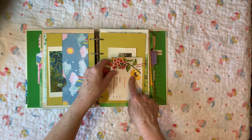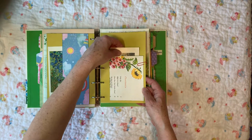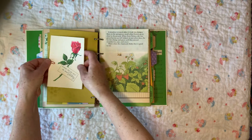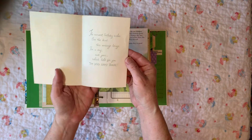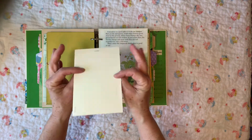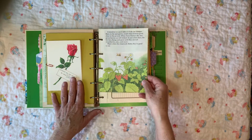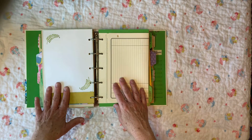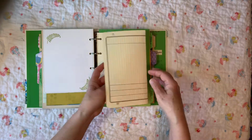And then this is a page from an old children's book about flowers, so it's made a nice pocket. And you've got a little more hand stenciling here, and a vintage card that goes in the rose section, and you could definitely do some journaling in that. You've got a children's book page here with some space to write on, some hand stamping, some nice note paper that's been stitched together,